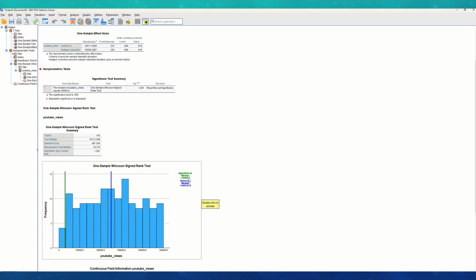Here, our hypothetical median is 30,000, and the observed median is 249,747. So I was way off, right? One of the other really nice things about this is that it provides for you a histogram of the values in your sample. Remember, we need this to be somewhat symmetrical, right? This is somewhat symmetrical. It's not perfectly symmetrical, but kind of sort of okay,